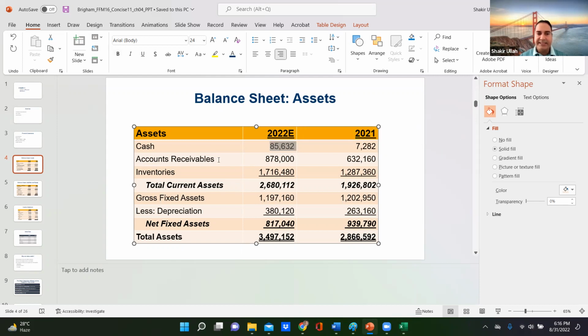Accounts receivable is the next asset that we have listed on our balance sheet. Accounts receivable is basically the money that is receivable to us when we sell our inventory to our customers on credit. Let's say we've got a factory producing lots of goods and we are selling to retail stores. The normal arrangement is that they buy our inventory and they promise to pay us back in a month or 2 months, whatever that arrangement is. That is the normal course of business in those kinds of businesses.